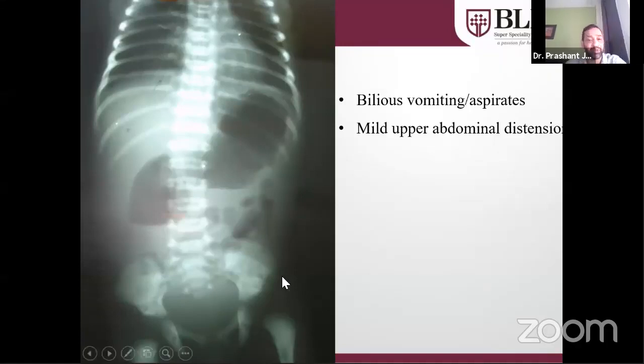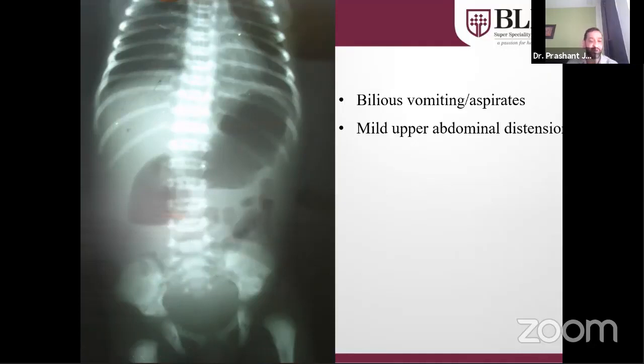Now, this is another newborn who has presented to us with bilious aspirates and bilious vomiting. Clinically, there is a mild upper abdominal distension, but this time the child was passing a small amount of meconium also. If you see the X-ray, there is a normal liver shadow, a distended stomach, and a distended duodenum. But as we have seen in the previous X-rays, it was not a distal gasless abdomen. You can see small patches of gas distally, with absence of gas in the rectum. So basically, this is a paucity of gas seen distally.